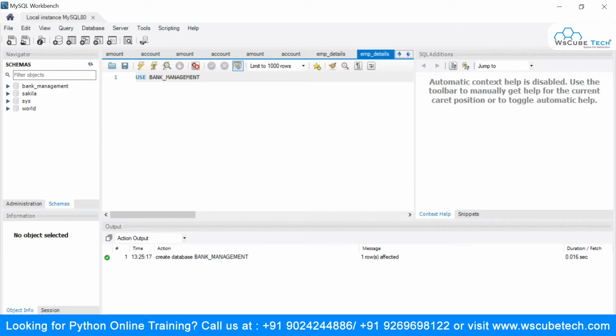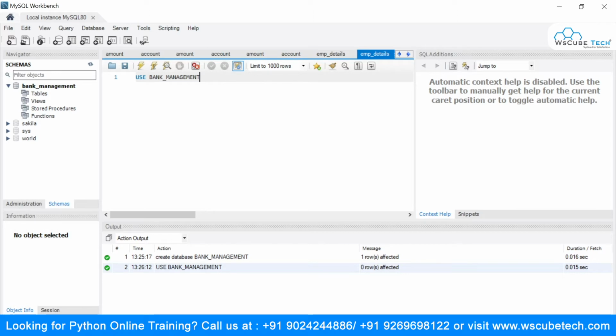After creating my database, the second step is to tell my MySQL Workbench to use this particular database. I will just click on this execute button, and you can see that it is done, telling it that I want to use this particular database.